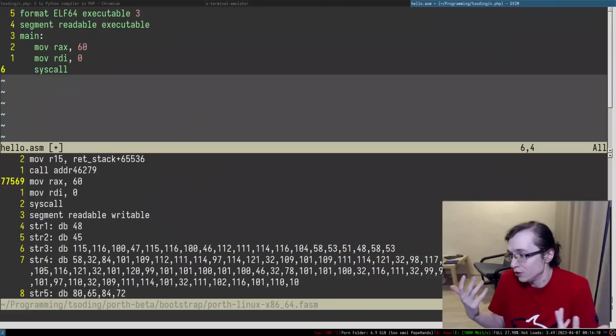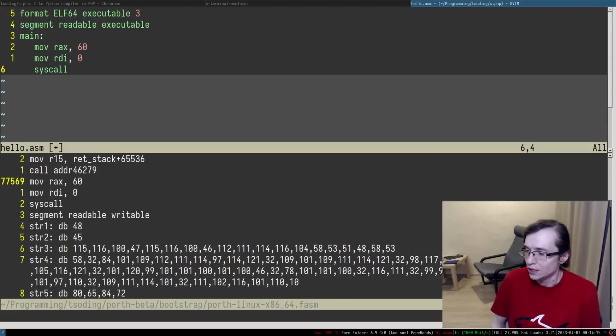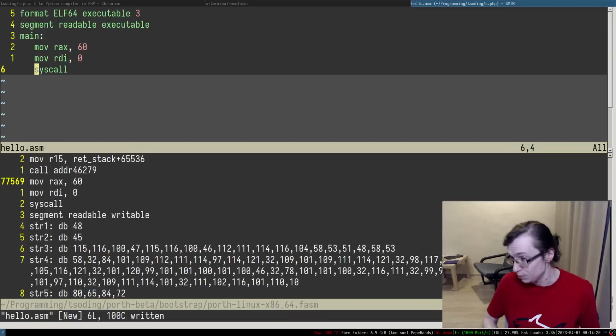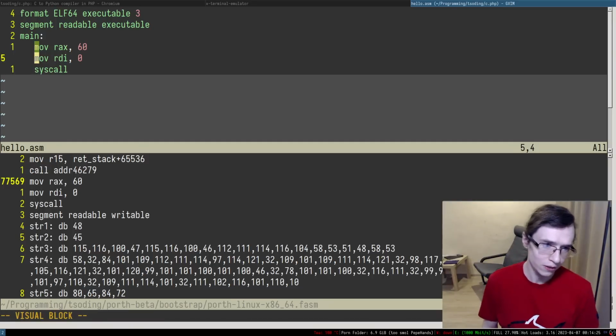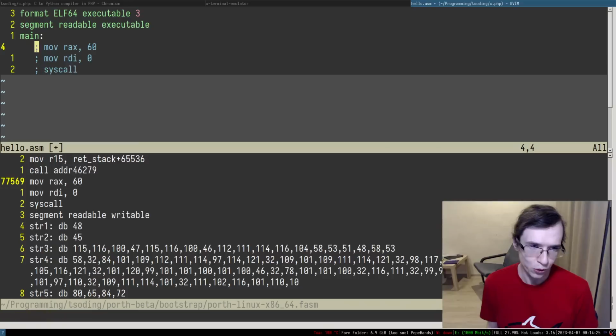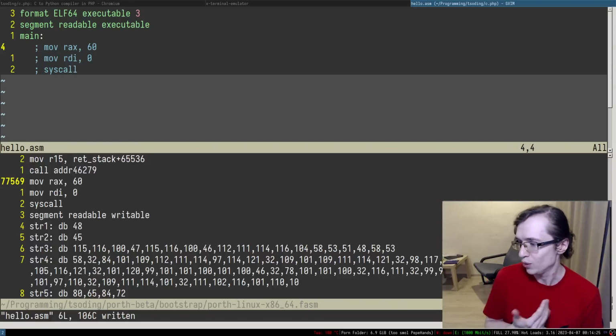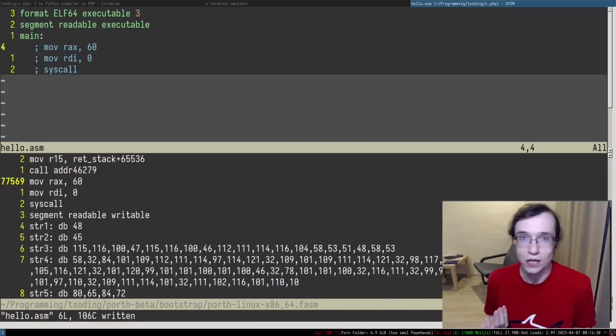Because I don't know what else to do. I have nothing else to do. Otherwise I'm gonna crash into memory that I'm not supposed to execute. Please exit me. So that's basically what it means. We can actually try to run this program without exit and see how it will react, because I think it's very educational.